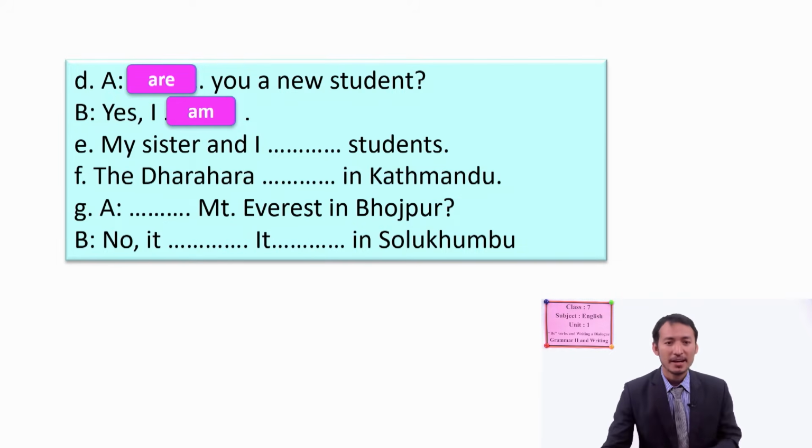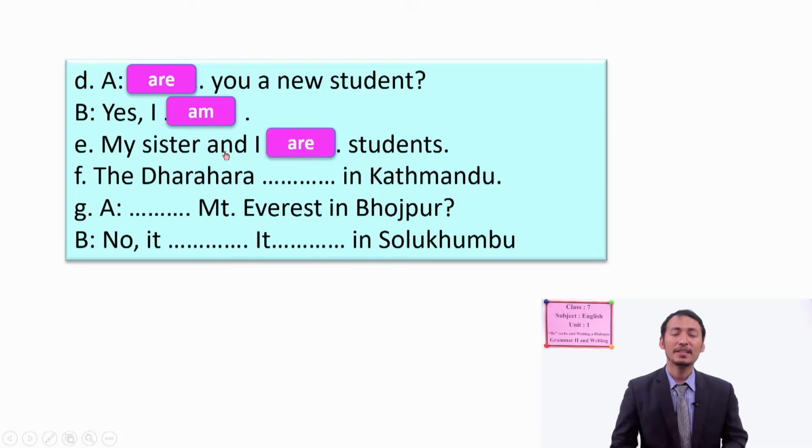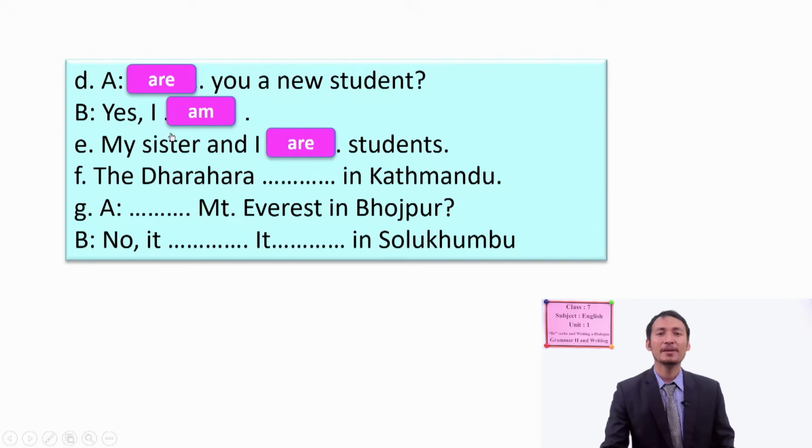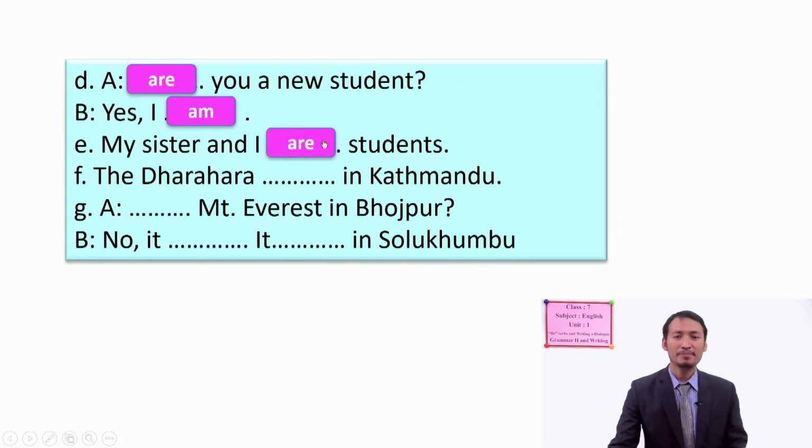What do you think? My sister and I am students. Is it right? No. Why? Because there are two people. My sister and I. So it is a plural verb here. Because the subject is plural, because we have my sister and I in the subject. So we put